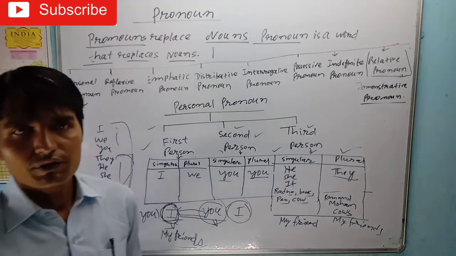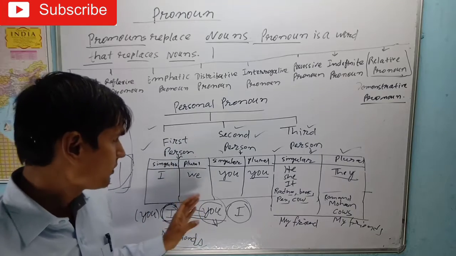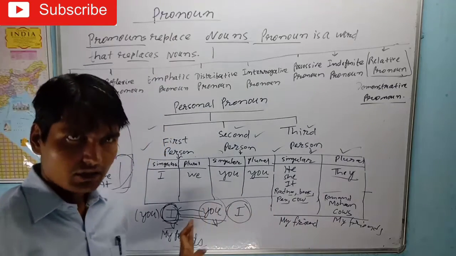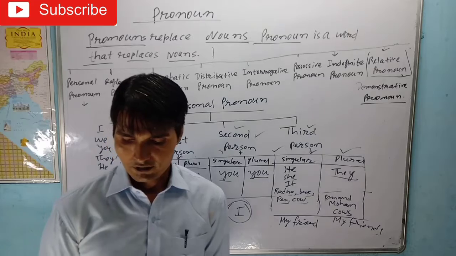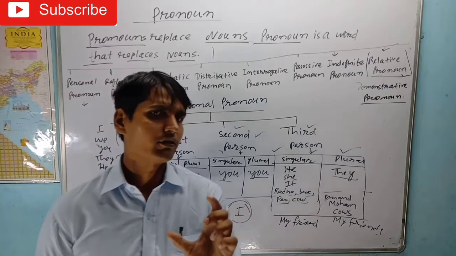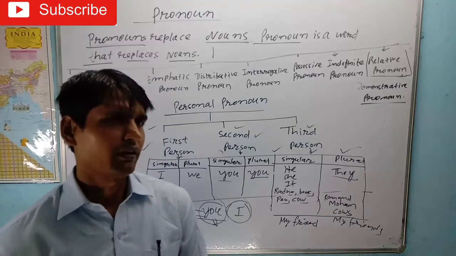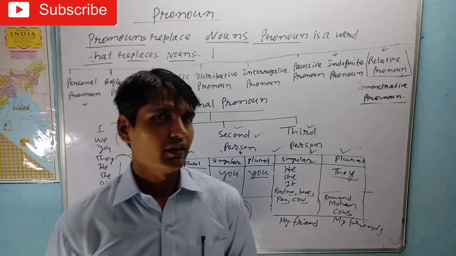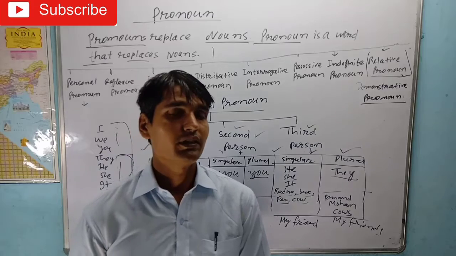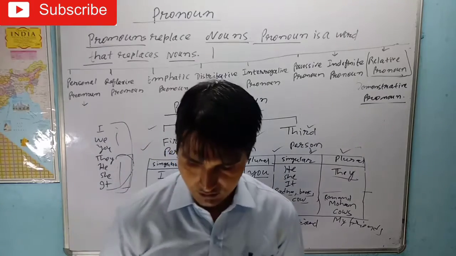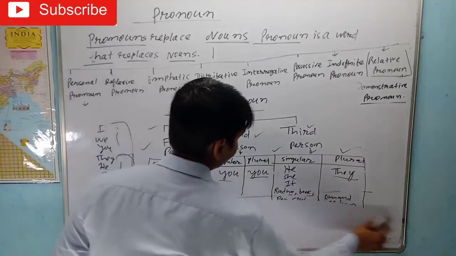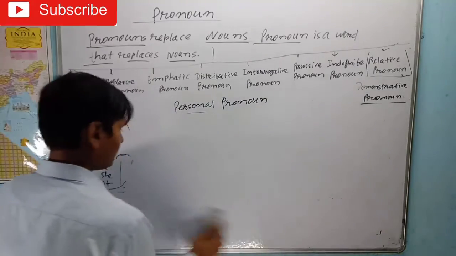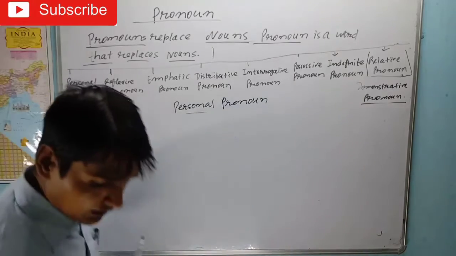Now so far you would have got it very well. What is the person, what is the first person, second person, and third person, and how can you easily find out about the first person, second person, and third person. Now I will write a sentence, a very small sentence. It would be in the form of a paragraph. There would be simple sentences in this paragraph, and I would just replace all these nouns with the help of the pronouns, and you would be taking so much help from it. Okay, so let's start. So I write here one sentence, for example,